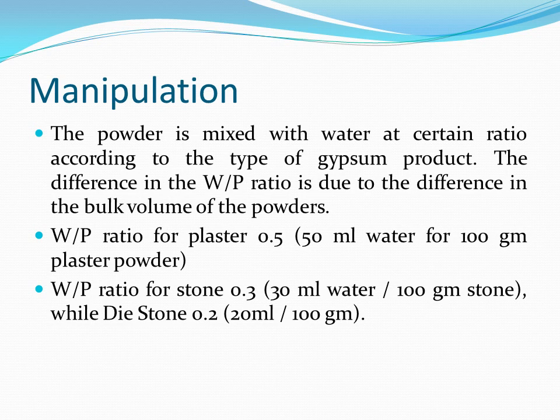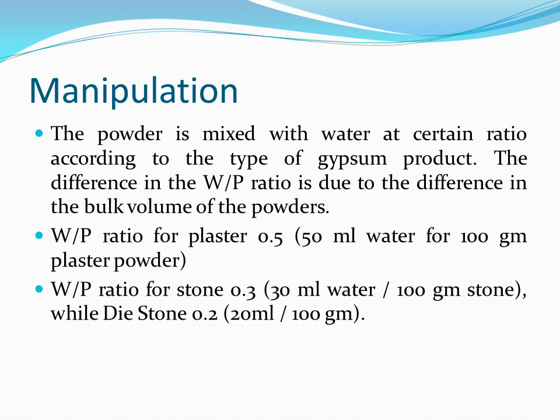In manipulations, the powder is mixed with the water at certain ratio according to the type of the gypsum we use. The difference in the ratio is due to the difference in the bulk of the powder that we need. فكمية ال W2P يعني